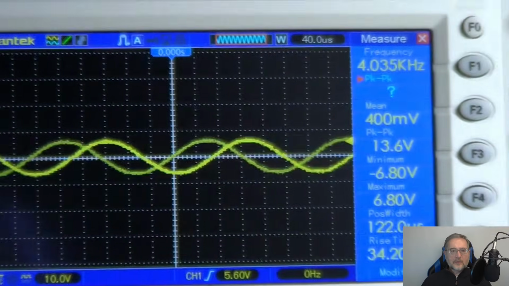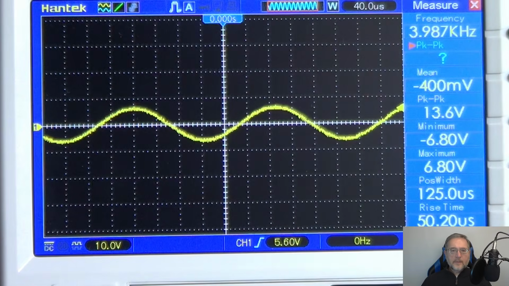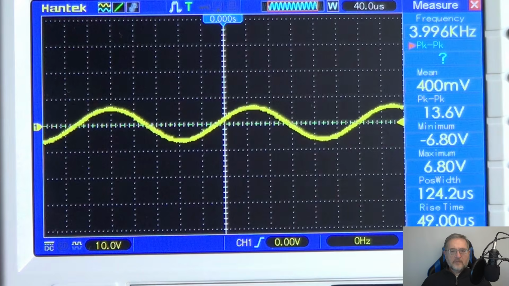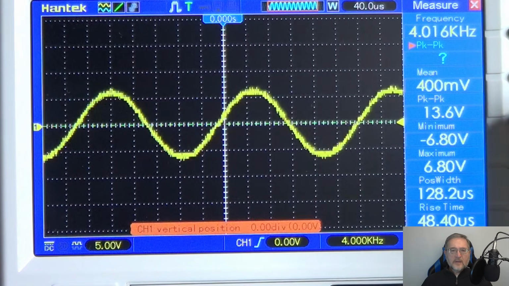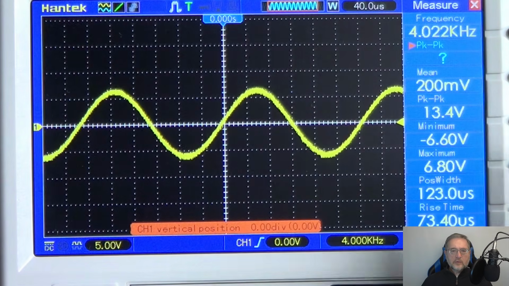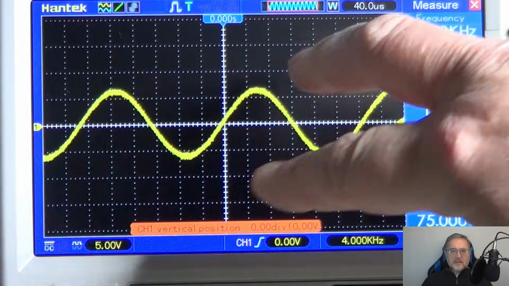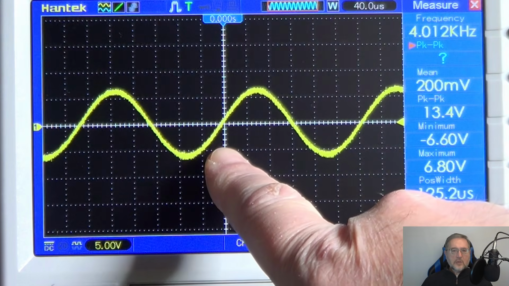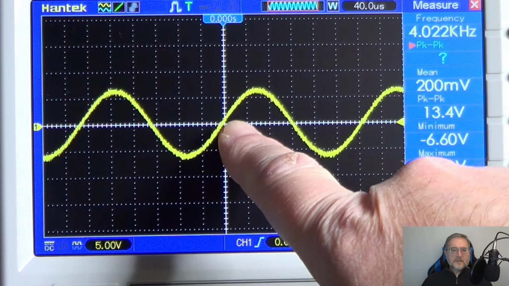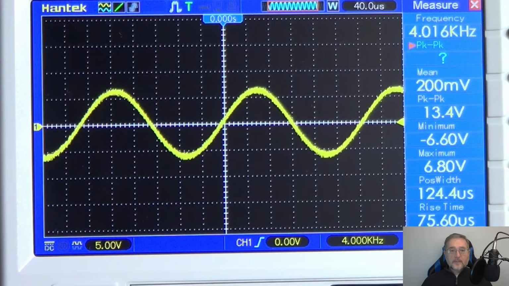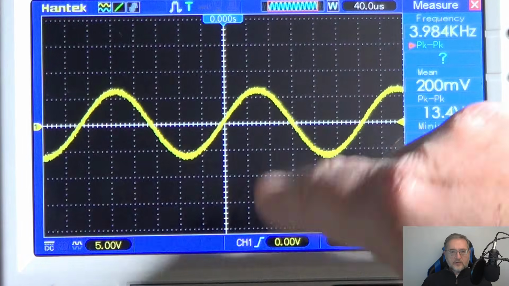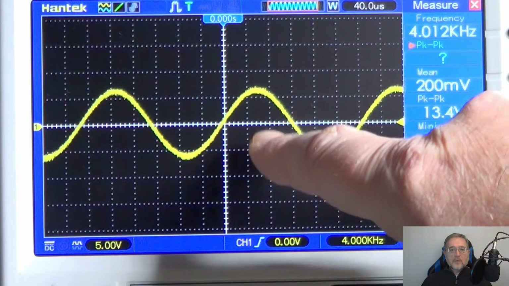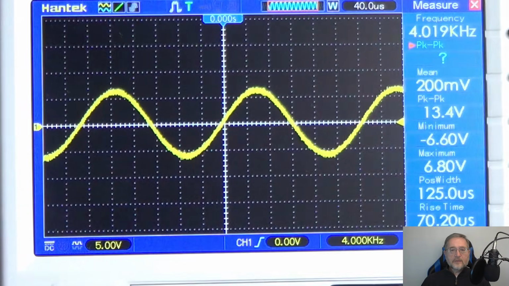The single peak of the sine wave with respect to ground is only half of the full peak-to-peak voltage of the sine wave. In this case I am reading a peak-to-peak voltage of 13.2 volts, but the single peak is at 6.6 volts. And this is the voltage that will charge the capacitor of the first stage of the circuit, not the peak-to-peak one. The first stage of the multiplier will shift the sine wave by 6.6 volts, giving us